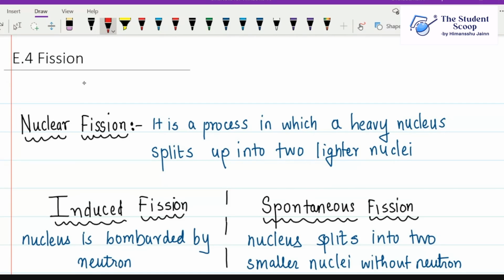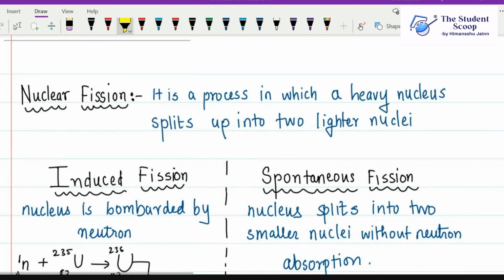In this video, we are going to cover E4, that is fission. Nuclear fission is a process where a heavy nucleus splits into two lighter nuclei. There can be two types of fission. There is induced fission, which we artificially create by bombarding neutrons onto the nucleus. And then there is spontaneous fission, where a nucleus splits into smaller nuclei without any intervention of an external